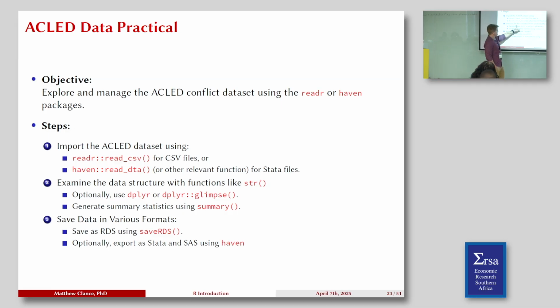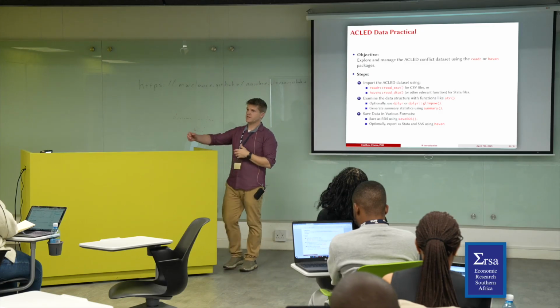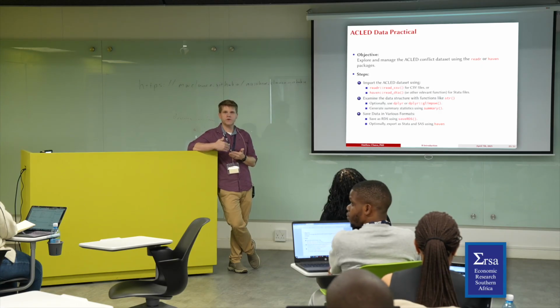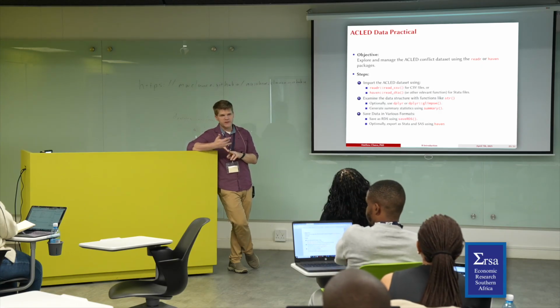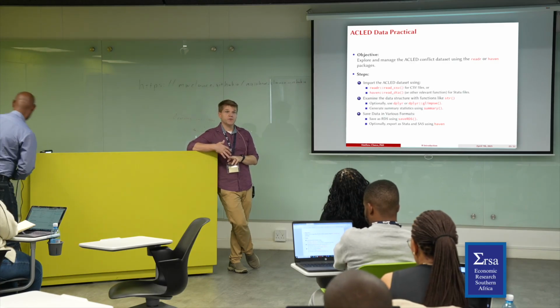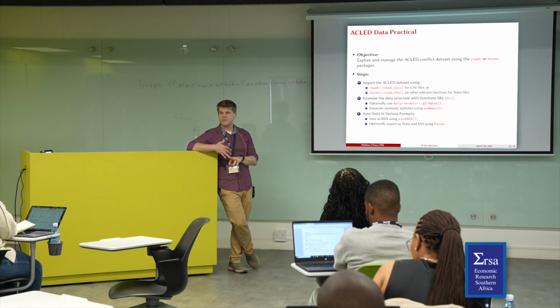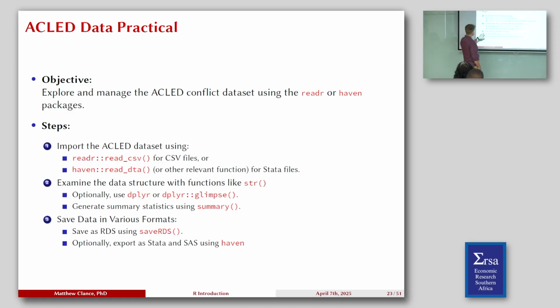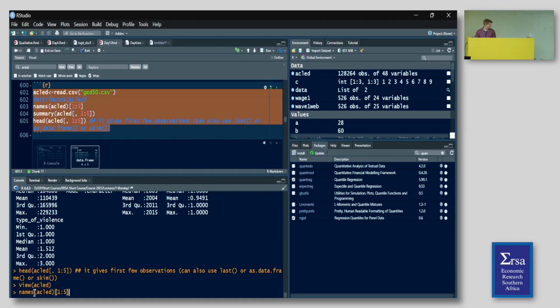Then we can also examine the structure using the string outcomes that we were looking for. This gives us classifications of the types of variables that we have in this data set. Knowing that format matters, because once we go to estimate, we have to make sure that we're not using strings. Regressions only like numeric stuff, unless we define something as a factor. And then from that, we can go about saving in the various formats, and particularly, we can save it as an R file.